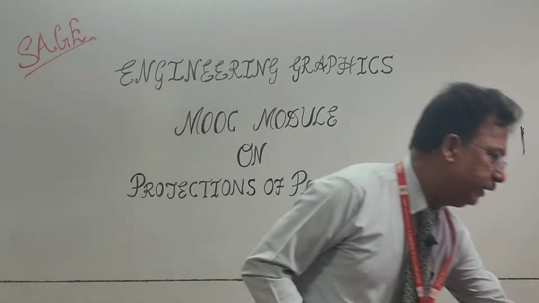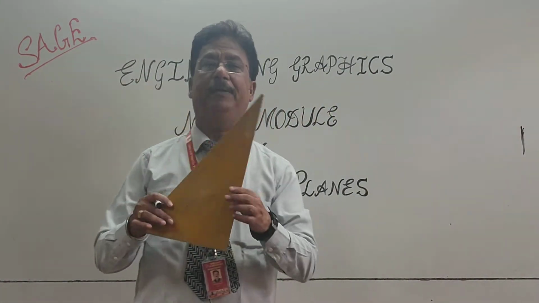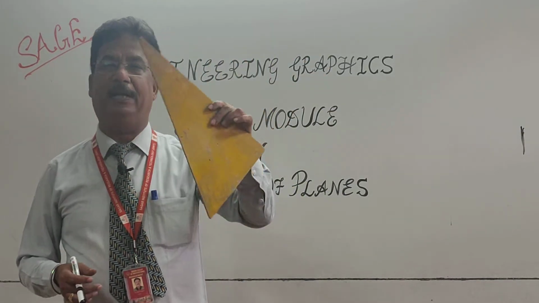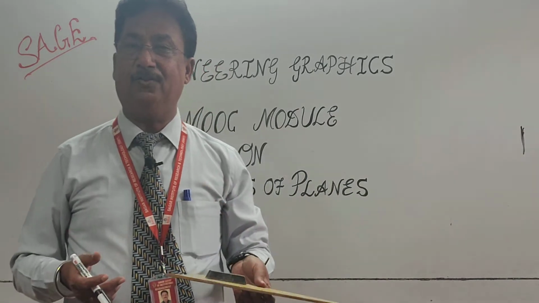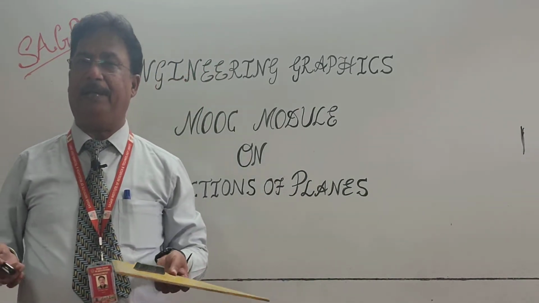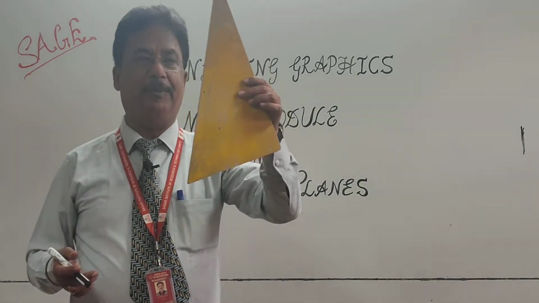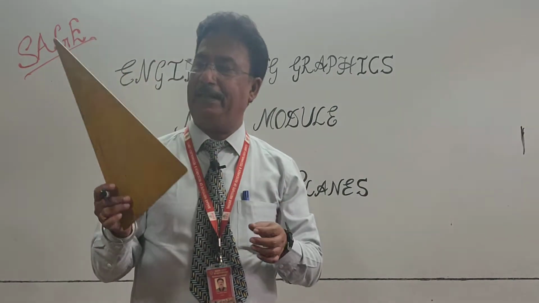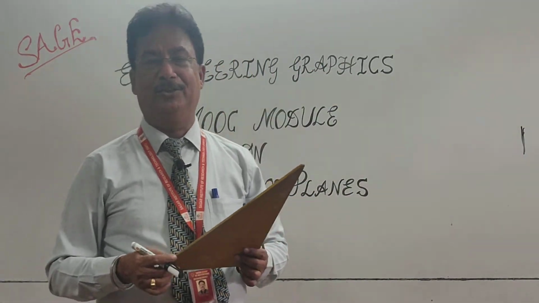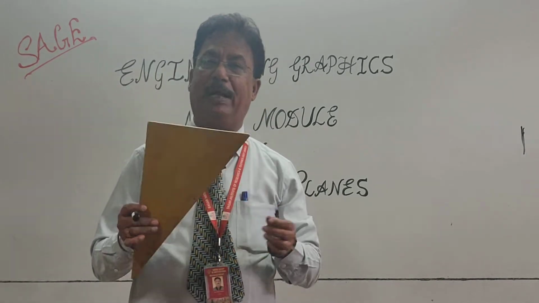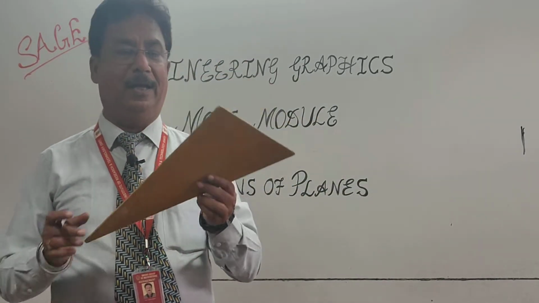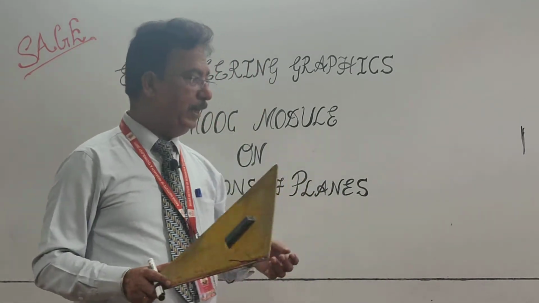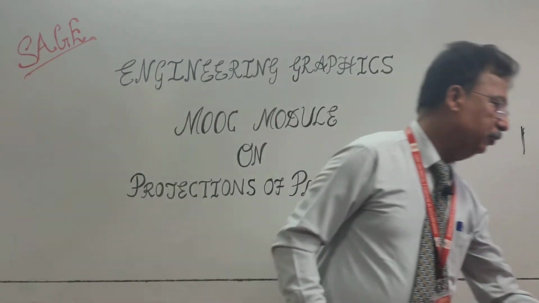For making a closed figure, initially we require a minimum of 3 lines. Without 3 lines you cannot make a plane, and if the lines are 3, then that figure will be a triangle. In the triangle case also, you know different types of plane figures. This will be one triangle that is known as a right angle triangle because one angle will be 90 degrees. This instrument is also known as a set square. In our geometry box we have 2 triangles, set squares. One is a right angle with 30-60 angles, the second with 45-45 angles. I know you remember all those triangles.